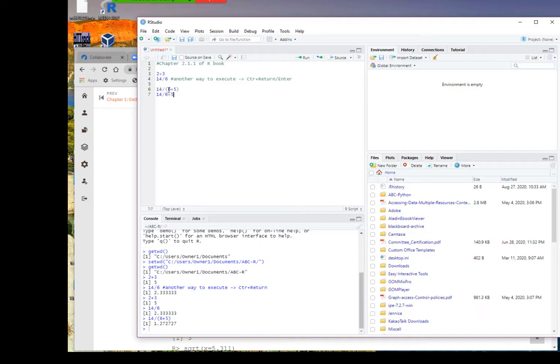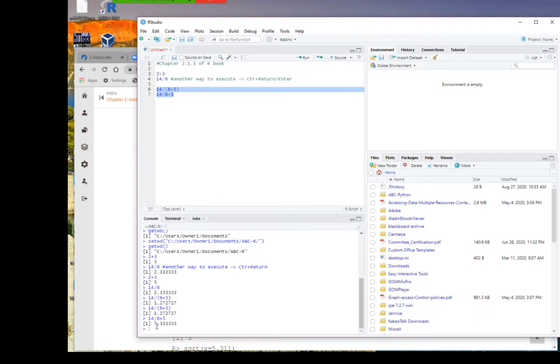However, in this case, because of the parenthesis, 6 plus 5 is computed first, which is 11, so it is basically 14 divided by 11. But this one is 14 divided by 6, then the 5 will be added to the result. So there is a difference. Let's run and you see that there's a different result.